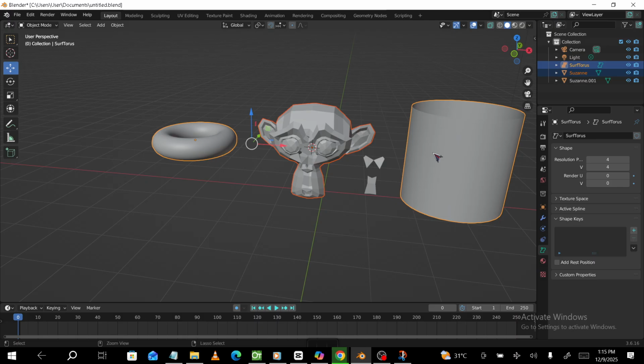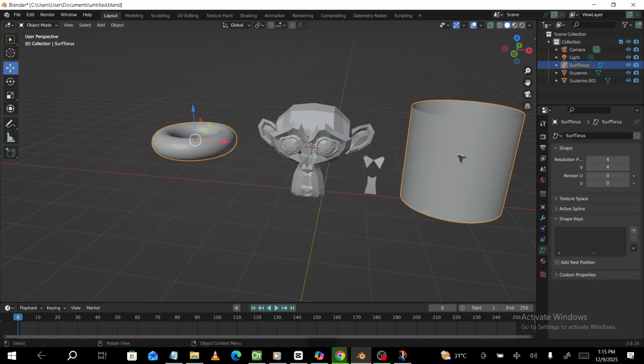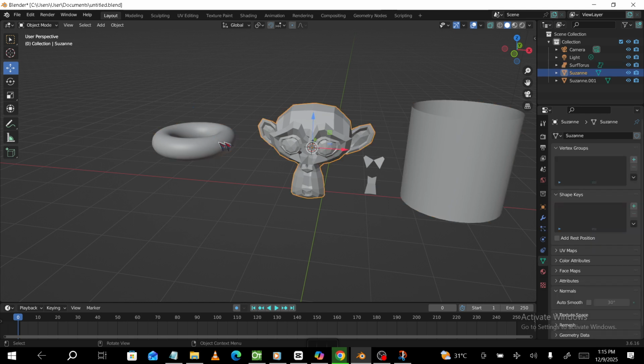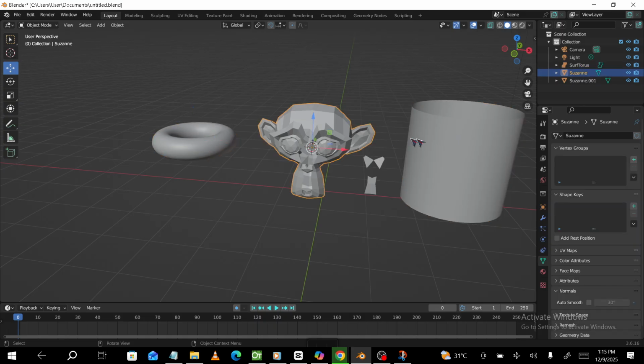After joining, all the underlying meshes are now part of one mesh inside a single object. Materials from all the original objects are preserved and collected into the material slots of the new object. If you had duplicate materials with the same name, you may see multiple slots, which you can clean up later if needed. From here, you can edit everything together, move it as one, or apply modifiers consistently across the whole